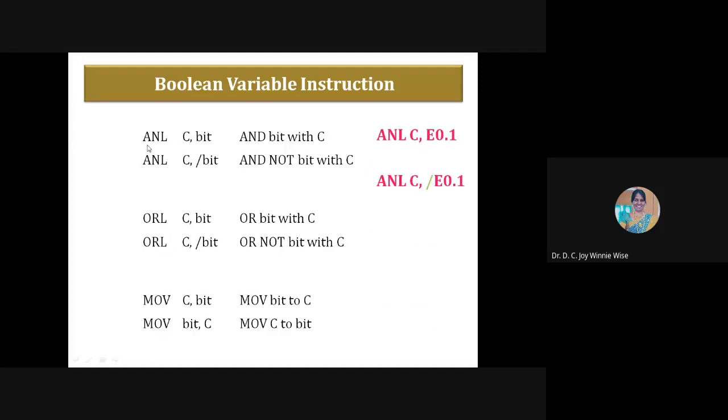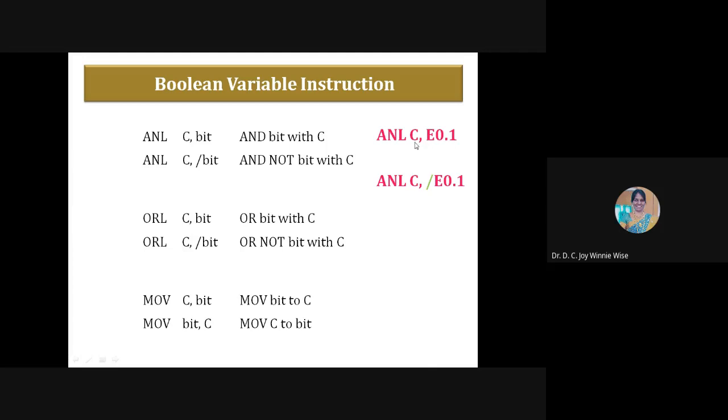And next one is to perform the AND operation between the carry bits and a particular bits. Okay. See here, perform the AND operation between the carry bits, that is one bit, and the data available in E0.1. E0.1 means E0 memory location first bit.